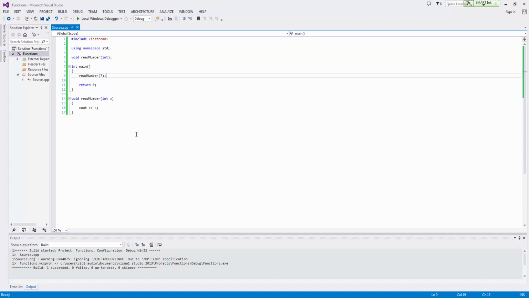Passing by reference, any changes that you make to a variable inside of a function affect it outside of that function. And so what that means is, let's go ahead and create int number equals 7. We'll pass in number. So just a quick review: anything that happens inside read number to this value that got passed in will not affect number here in main. But when we pass by reference, it will affect the original variable in main. That is because in pass by value,